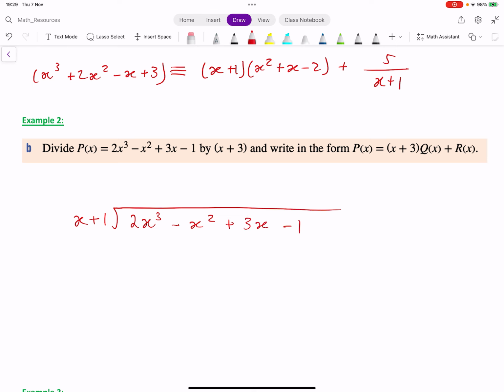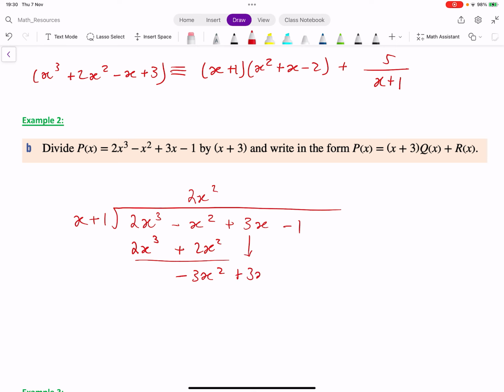And we're going to have a go at asking ourselves, first of all, what do I have to multiply x by to get 2x cubed? And the answer is 2x squared. Notice I'm writing in the same column as the x squared. I am going 2x squared times x is 2x cubed, and 2x squared times 1 is 2x squared. I'm then going to minus the 2, minus x squared minus 2x squared is minus 3x squared, and bring down